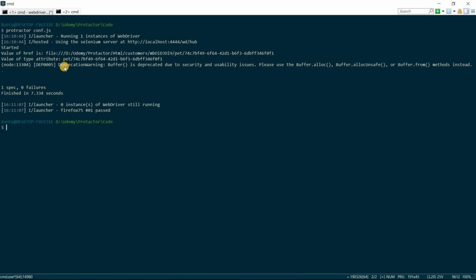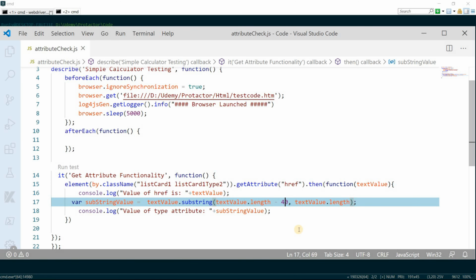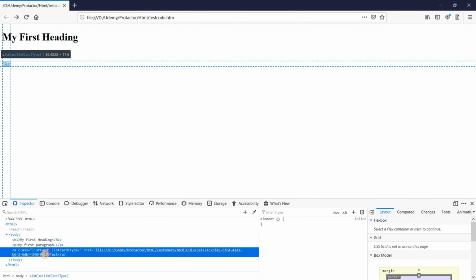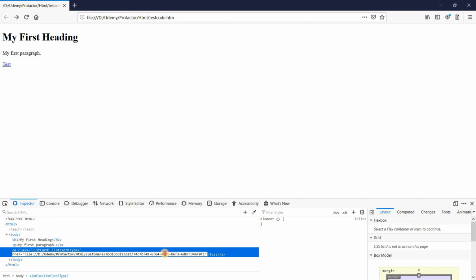Okay, so we have a minor mistake here. It is picking these three extra elements. We have to remove these three elements. So from the end it needs to pick a certain number of characters. Let me check the number of characters.